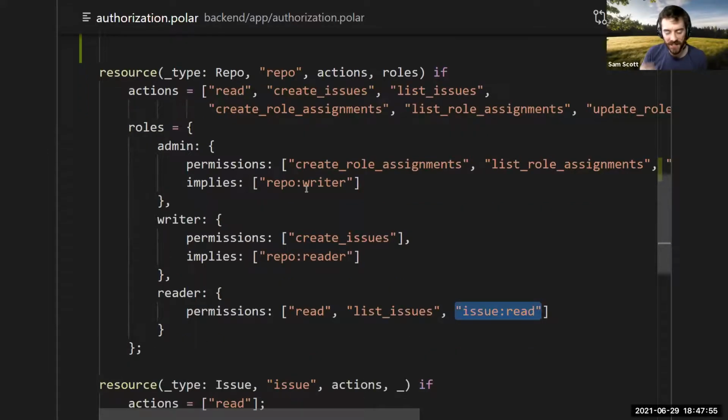And so with this in place, you can start representing pretty complex logic. I am a member of an org, which means I'm a reader of a repository, which means I'm allowed to read issues that belong to it. That's all this kind of stuff that GitHub is doing, and it just works seamlessly for you. You don't think about it, but it's actually controlling each piece of access like that.